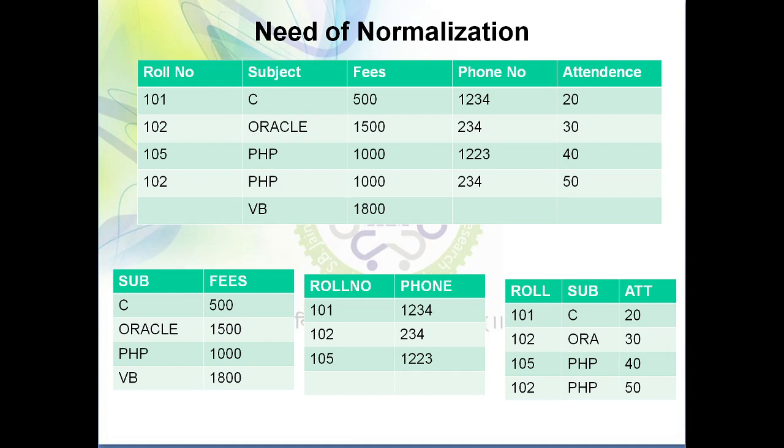and how are we performing the decomposition? We are performing decomposition in such a way that interrelated data should be present in one table. So here what we can see in this particular table, two types of information are there. One is student information, and the second one is subject information. But here you can see we have decomposed this information into a number of subtables, so my problem gets solved.